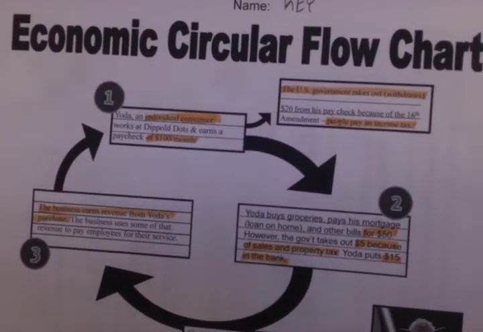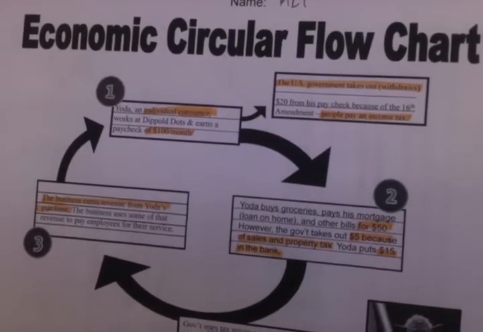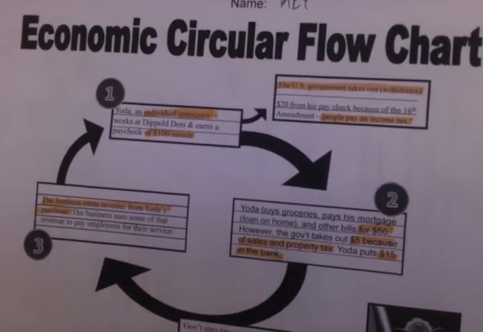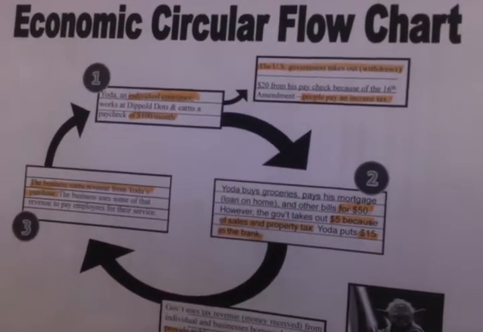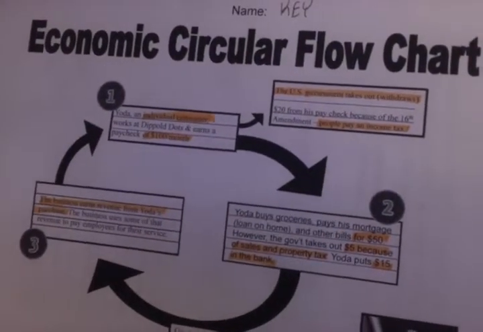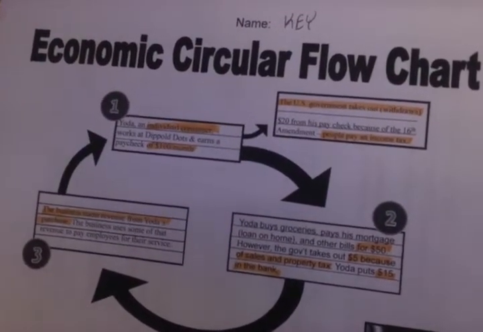Hello there. Today we're going to review our economic circular flow chart. If you remember, it is the interaction between businesses, individuals, and the government. We're going to use our example with Yoda. Okay? If you remember, in the first box, it talks about how Yoda, who is an individual, works at Dots